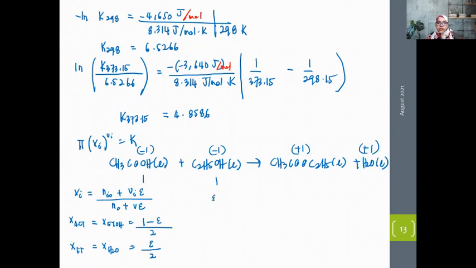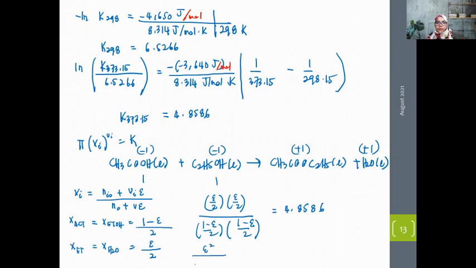Product is over 2, and we have over 2. We have 1 over 2, 1 over 2 equal to, okay, K is 4.8586. So we have this H square over